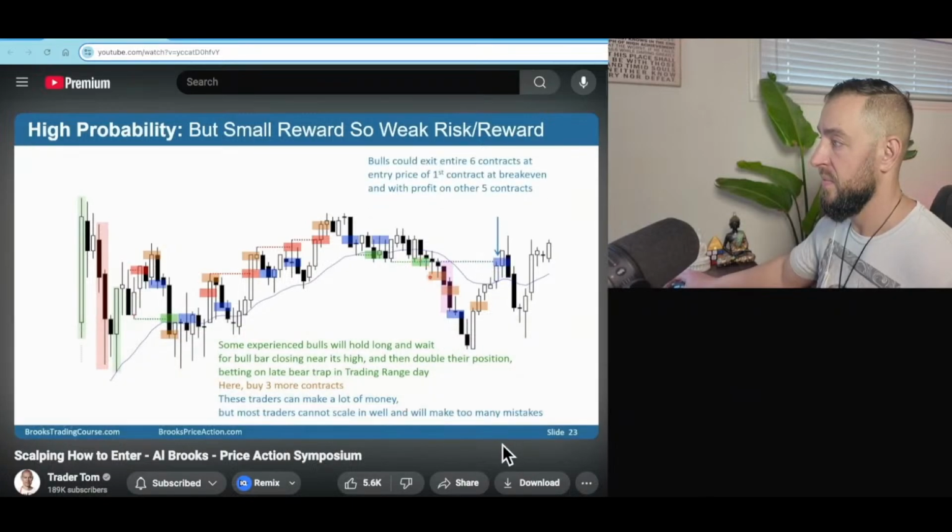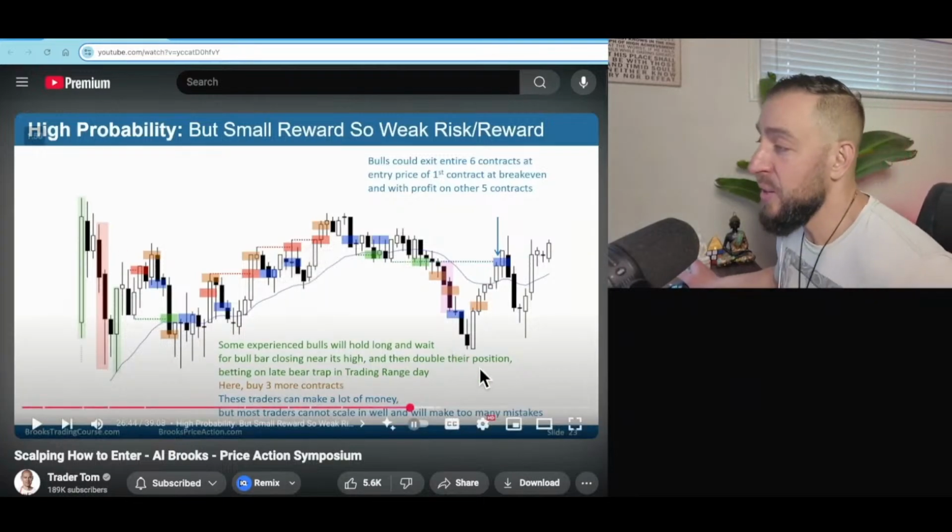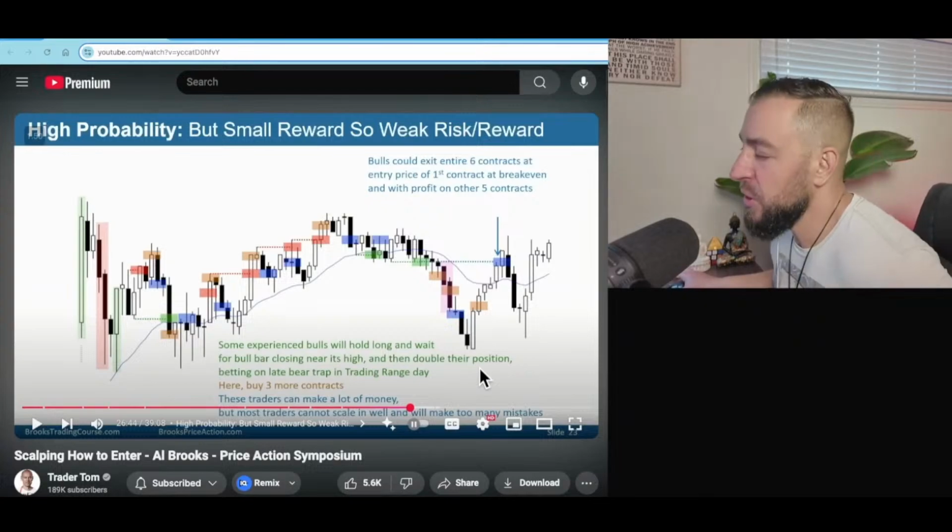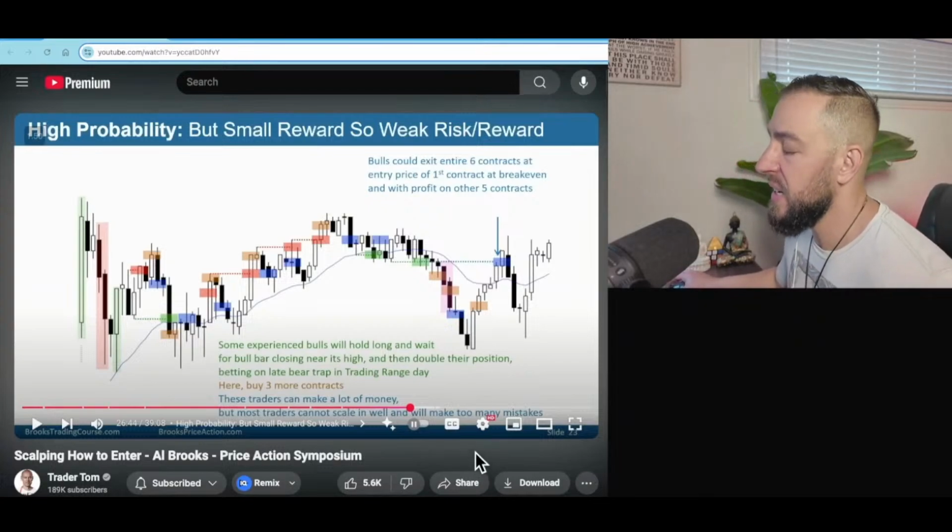The bull who bought here, and then doubled his position size here, he had to incur a lot of risk, but he got paid for that risk. He got out break even on his first buy, a profit on this buy, a profit on this buy, and he bought 3 contracts here and he had a big profit. And that offsets the big risk that he was taking. And I don't like that. I don't like doing that. It's too much pressure. It's too intense. I don't think it's a good idea for anyone.